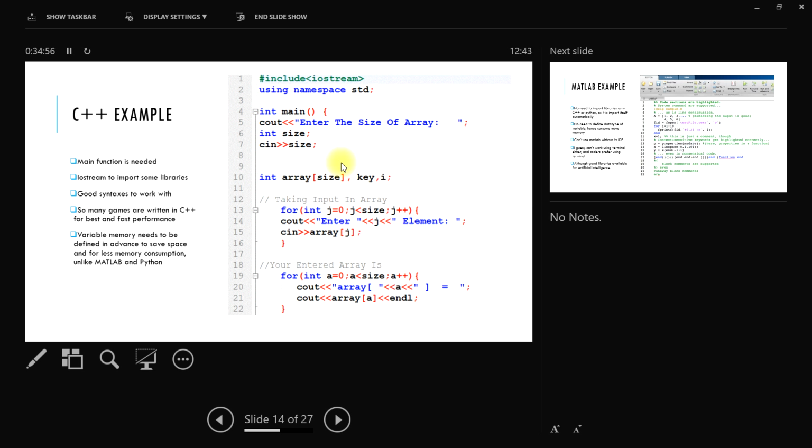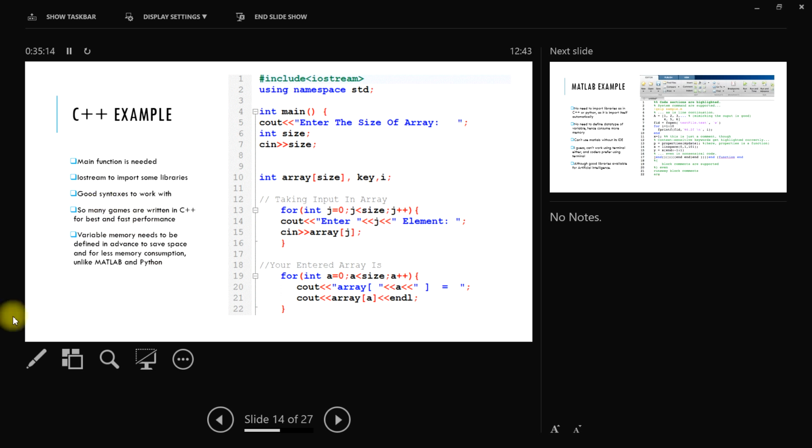So I was saying that here you have to surely mention data types. Without this, C++ won't work. And I guess the same is true in Fortran. That's why they are the fastest languages, Fortran and C++. And MATLAB is slower. So this is the reason for best performance.